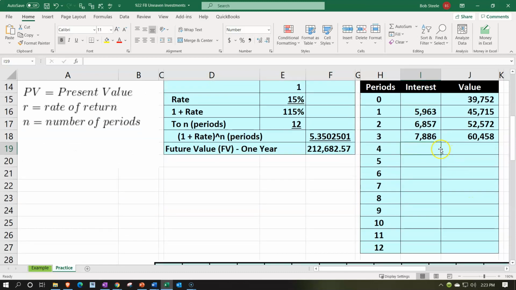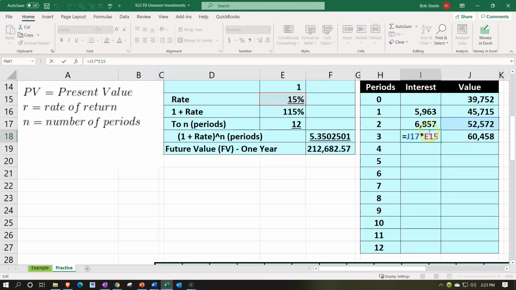If we autofill that down one time, we see we're going to have a problem again. This one doesn't look right. Why? Because it moved that cell down. So I don't want it to do that. So I'm going to use my absolute reference again. So I'll delete this one, double click on this one. That cell